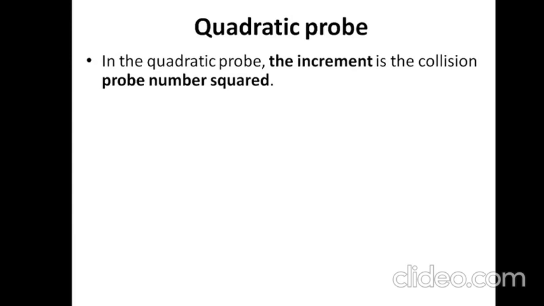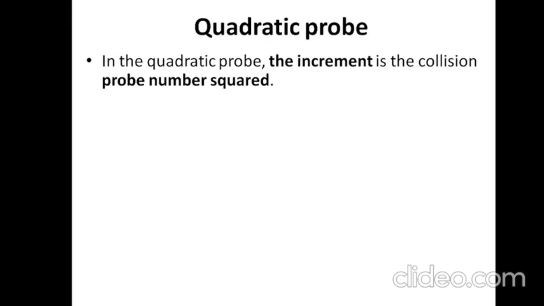So what is the probe number? Probe is the search. For example, if a collision occurs, we try to find a new address, and finding that new address requires search logic. We calculate a new address either by adding 1 or by some other logic according to the resolution algorithm, and search at the new address. If that address is also not free, then we recalculate one more address and go there. This process is called a probe.